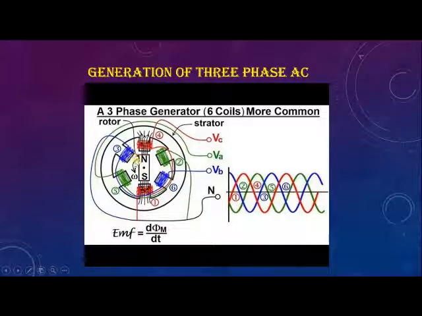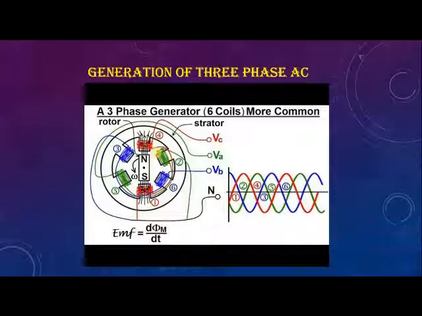And in between we have the rotor, which is having a north pole and a south pole, a two pole rotor. So when the rotor is rotated, the magnetic flux produced by the poles links with the stator winding. When the poles are rotating, the flux linking with the stator winding changes and EMF is produced.